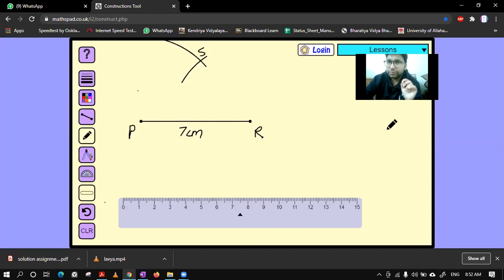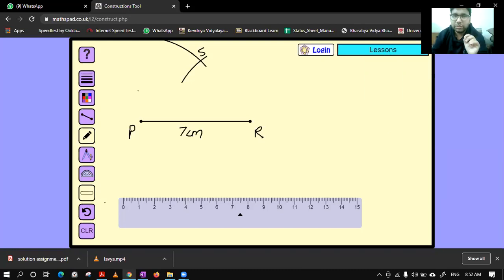Please confirm. What we have done is we have drawn the diagonal. After that, we tried to find PS by cutting the arc of 5.5 centimeter. Then we have drawn RS and found the point S at the exact location. Now you just need to join this. And then this. This is normal. Triangle way also we have done.